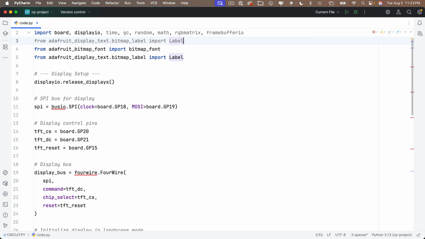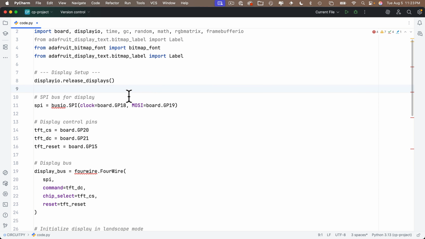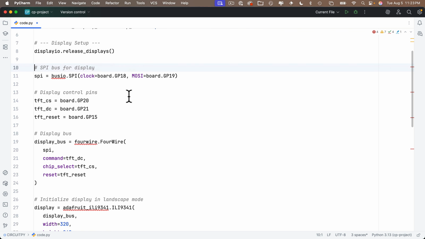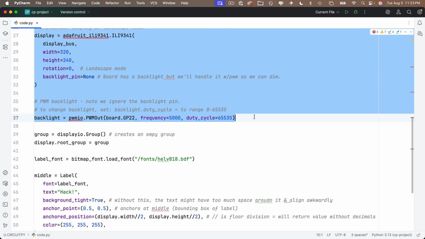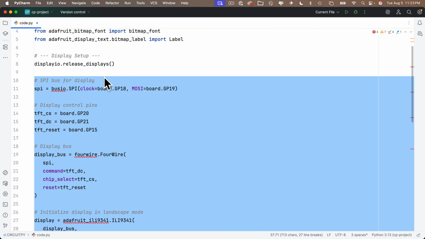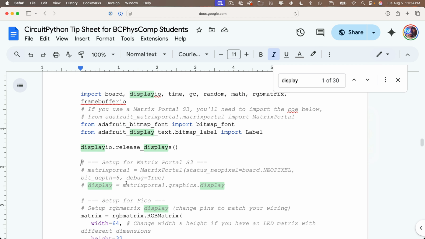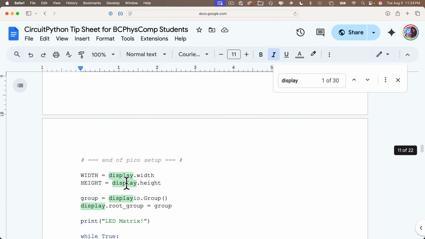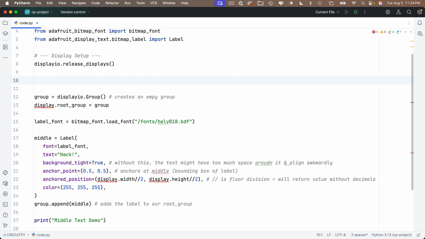Next, I want to delete all the old setup code for the ILI 9341 display and replace it with the Hub 75 setup. So I'm going to highlight all the code below displayio.release_displays. You always want that, down to just above group equals displayio.Group. So this is all the setup code that's specific for the ILI 9341 display on the Raspberry Pi Pico. I'm going to delete this, head back to my tip sheet, and here I'll click just after displayio.release_displays. I've already got that. Hold down my Shift key and click just before group equals displayio.Group. I've got that as well,